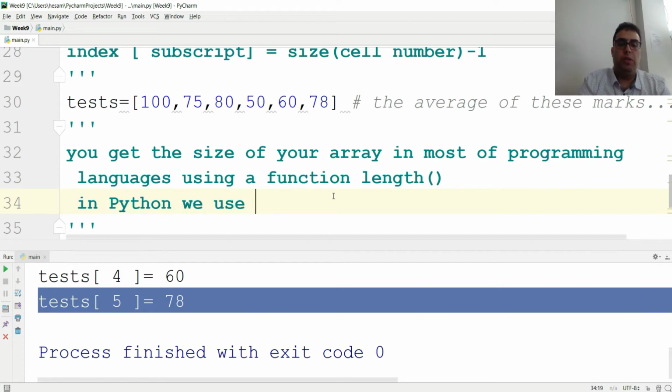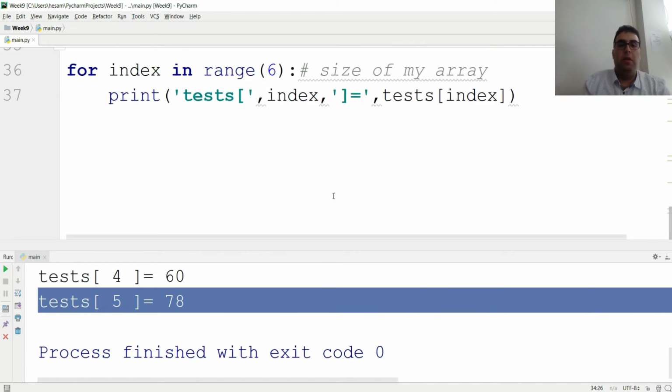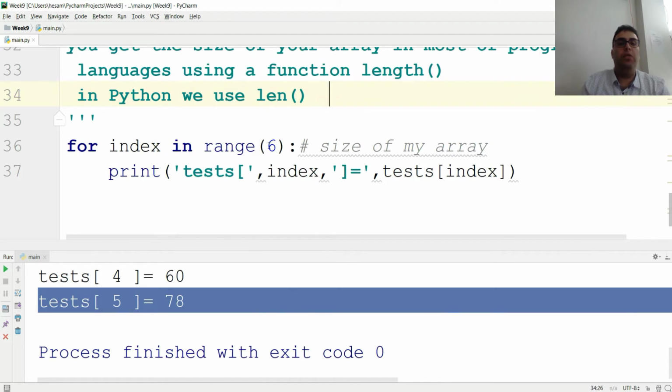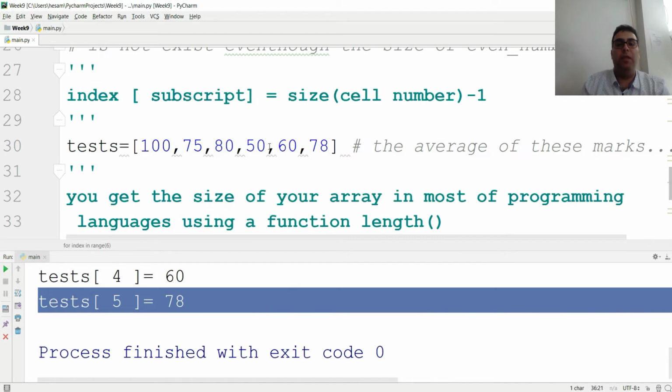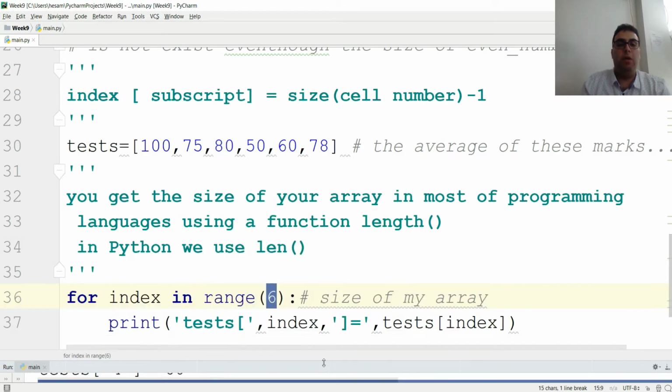we use len because everything has to be simpler. This is one of the problems people face in the exam. In the exam, I'm going to use the function length because that's a universal name for it, but here it is len. Alright, so in order to put 6 or 7 or anything like that,